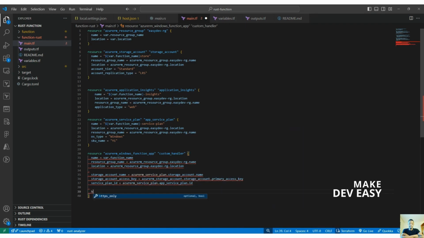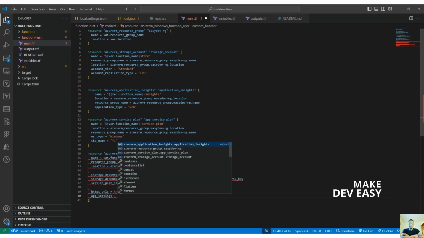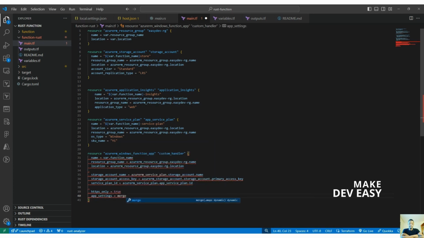And I would like to add a couple of features. So HTTP only, and app settings. I will just add a couple of things. So apart from what is provided, I would also like to add a few things to this. So I will use the merge function, and in here I would like to provide the